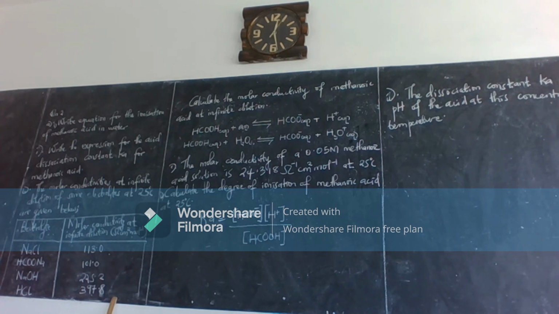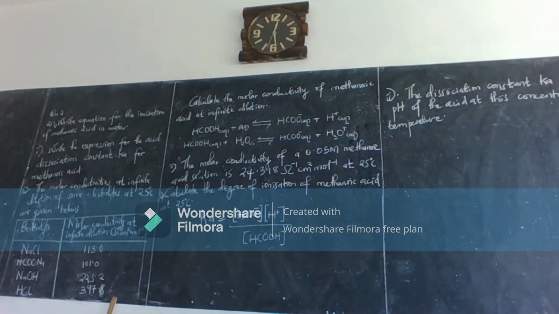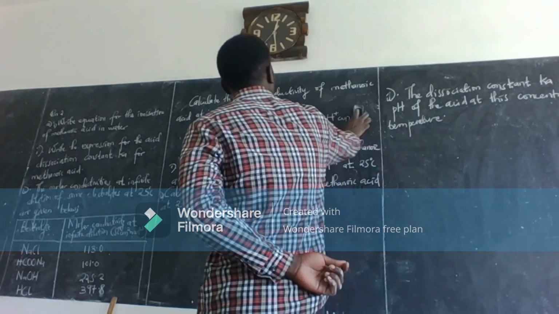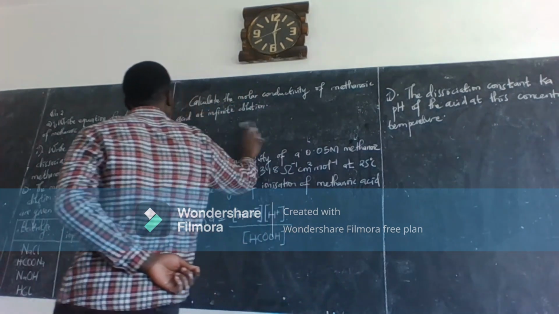Then they are saying the molar conductivities at infinite dilution of some electrolytes at 25 degrees Celsius are given below. The electrolyte, then its molar conductivity at infinite dilution at 25 degrees Celsius. So part A, they are saying calculate the molar conductivity of methanoic acid at infinite dilution. So we are going to apply Kohlrausch's law